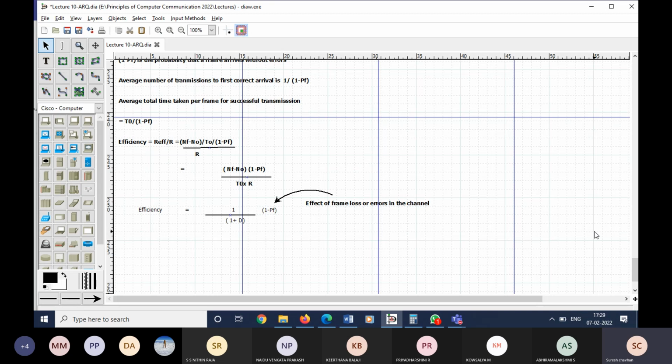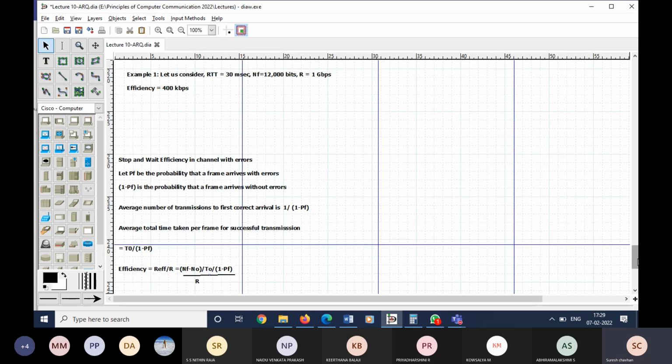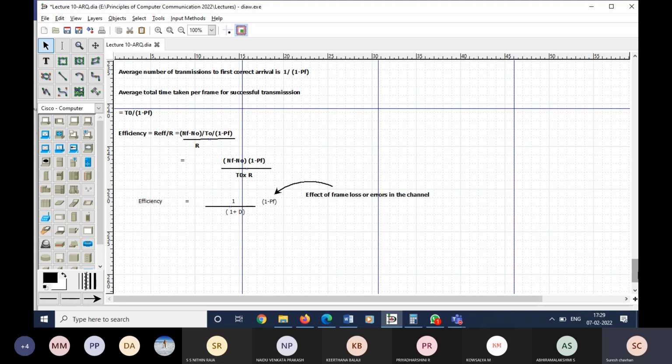If you take some values for the PF factor and use the same example which we have done, you will get a clear distinction between the efficiency with errors and without errors. Correct. So far, we have calculated the efficiency with and without errors in the channel, right? So this is one way to improve the efficiency of the stop and wait